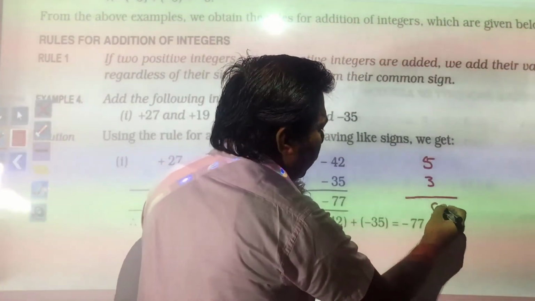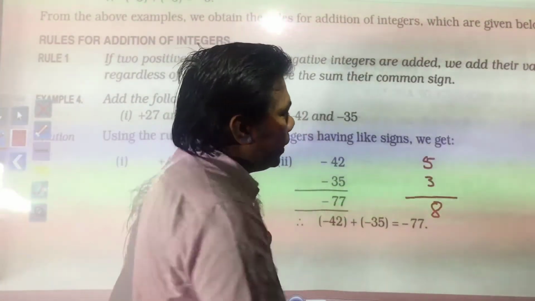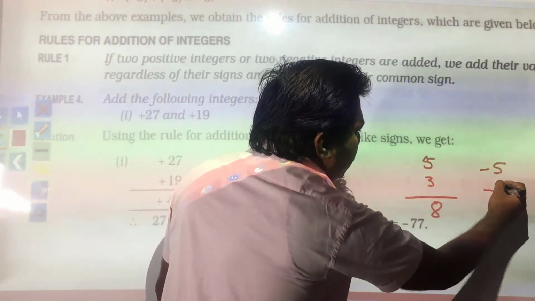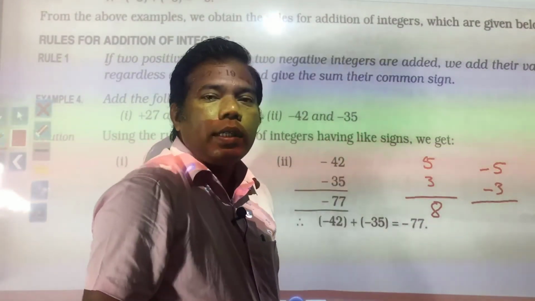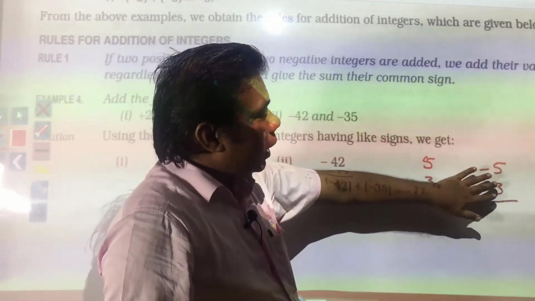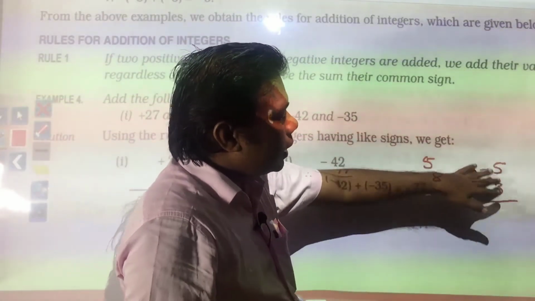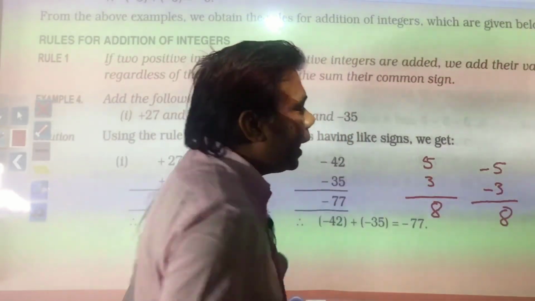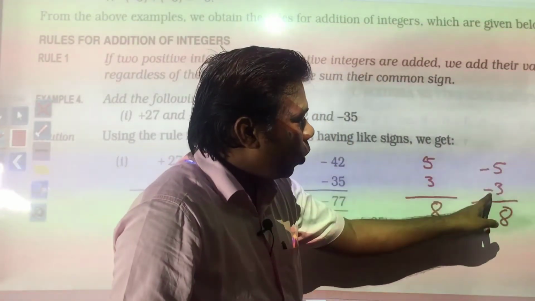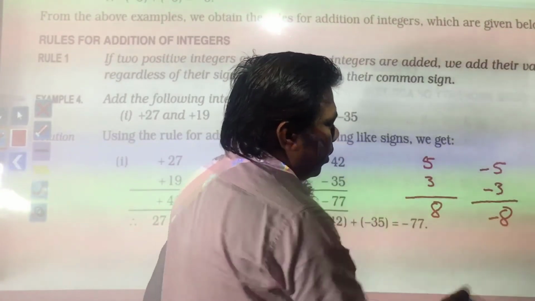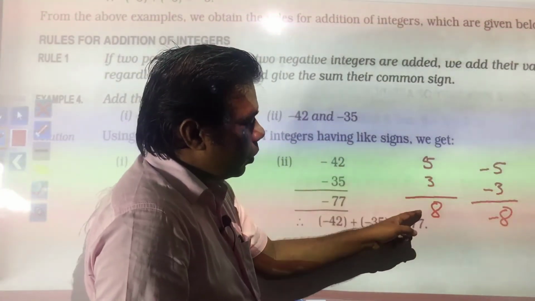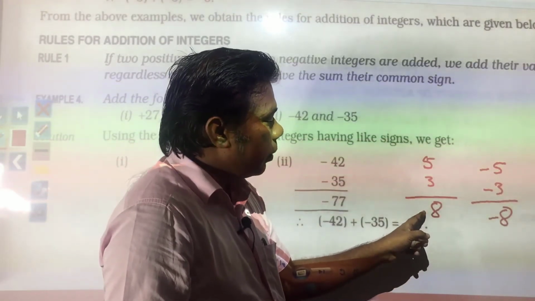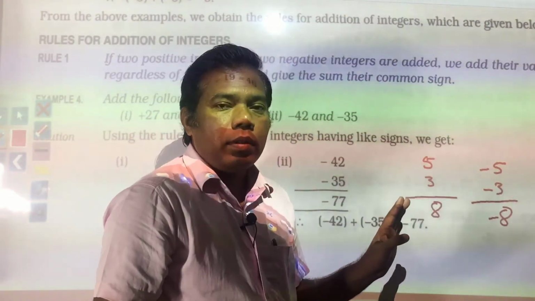Simply what we do? We add the number. And suppose if they have negative signs, suppose you need to add this. What is required to be done? Regardless of their sign, numbers are required to be added. Just you add this and the sign will be of their own, it means negative. And here you have positive, so positive sign has not been given. It means if it has not been given, this is positive.